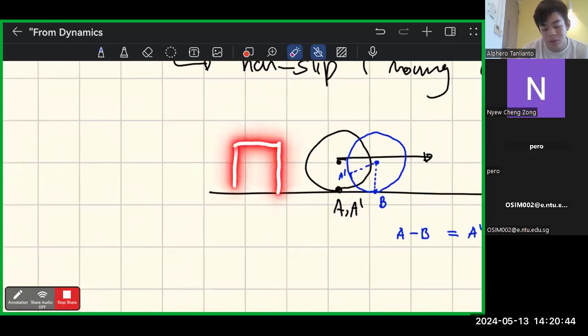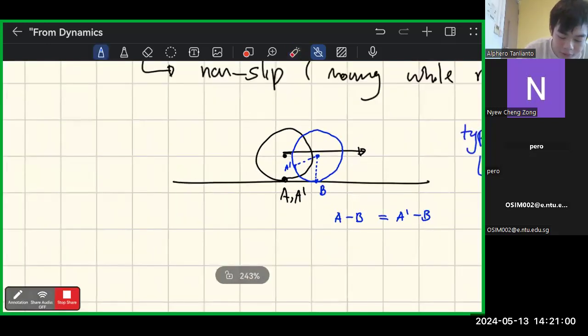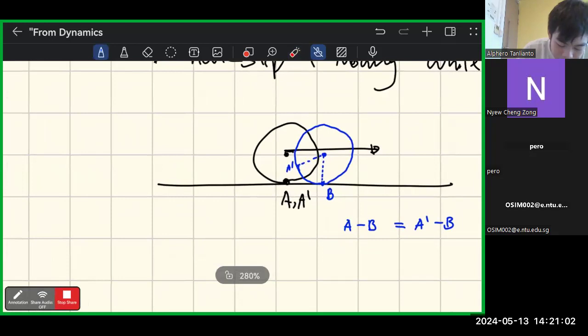Initially you'll be told that if you have a block that is stationary, there will be static friction, because there is no slip. There is no relative motion between surfaces. So the actual definition of non-slip is that